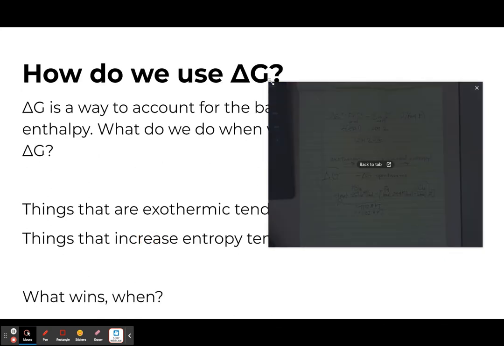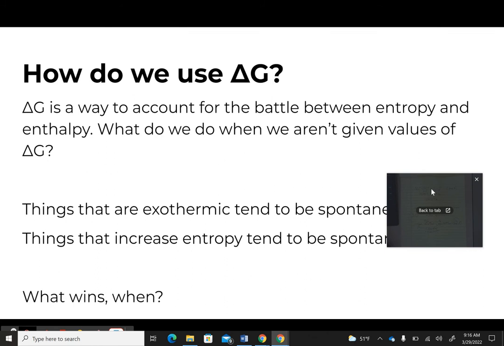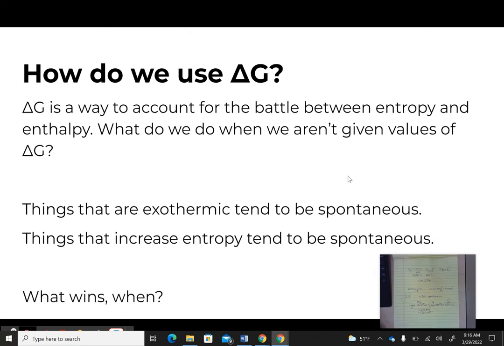Okay, so how do we use delta G? Why do we care? Well, it will tell us if something is spontaneous or not. So that's huge. So it's how we account for this battle between entropy and enthalpy like we saw in the POGIL. Sometimes things happen, sometimes they don't. It depends upon temperature. And sometimes you won't be given all these delta G values. So we need to figure out how to settle this fight between entropy, enthalpy, and at what temperature these things